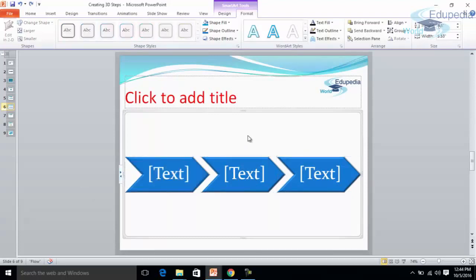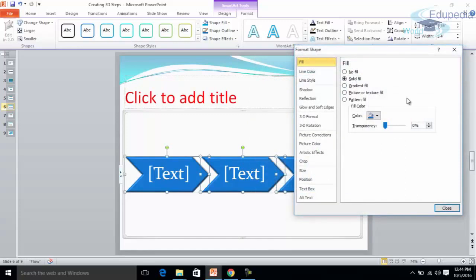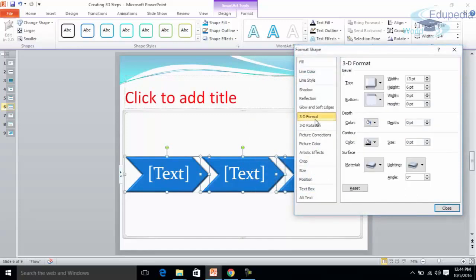Now Format Shape, so this is the height and width given to the object. 6 point is the height and 13 point is the width.